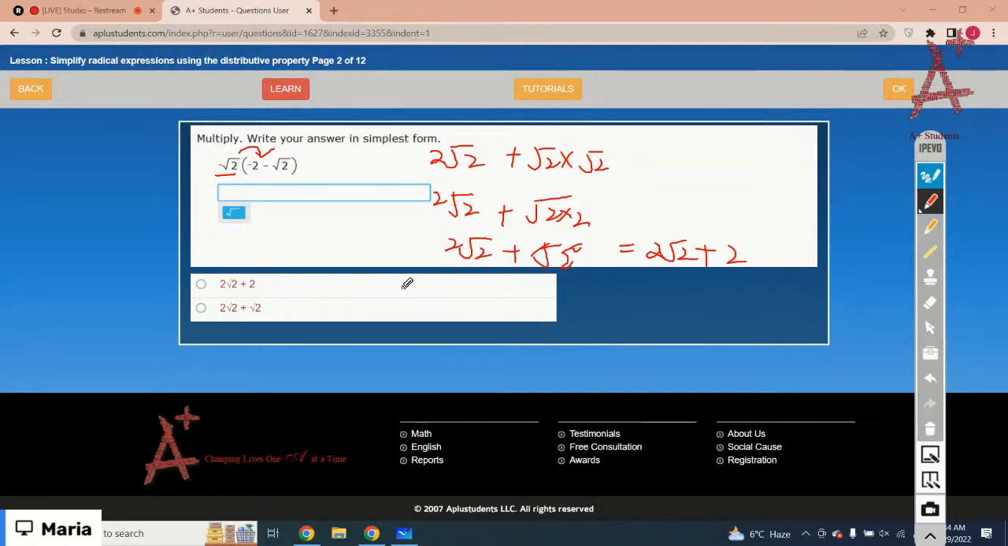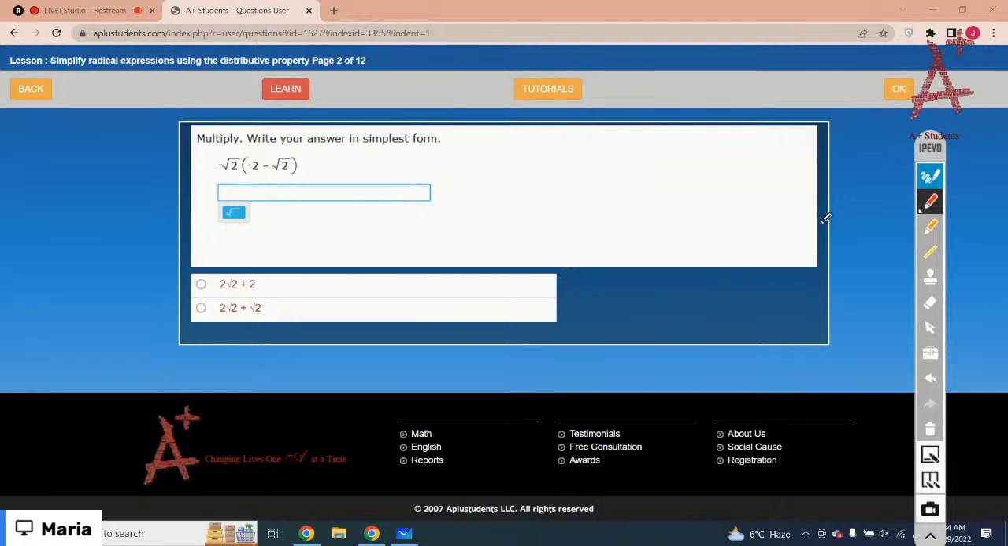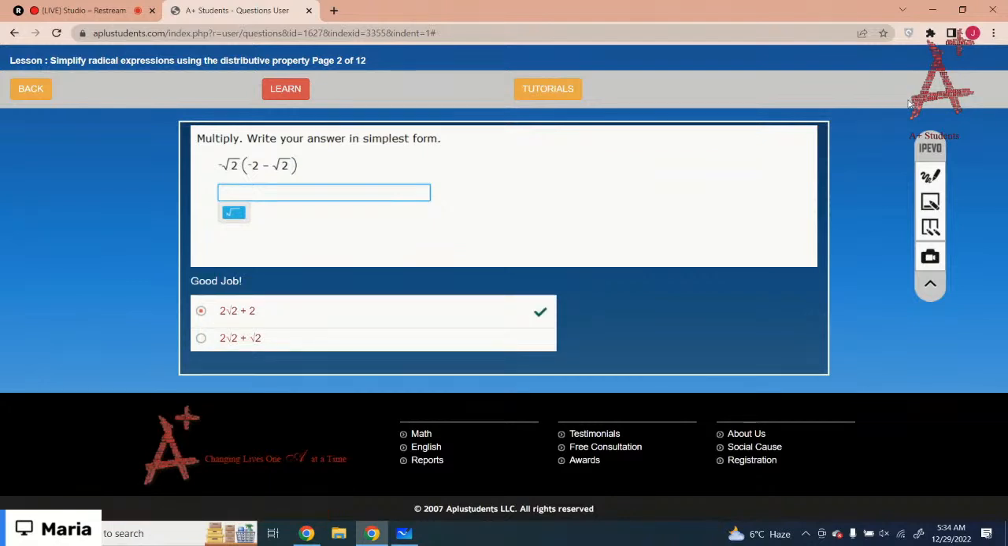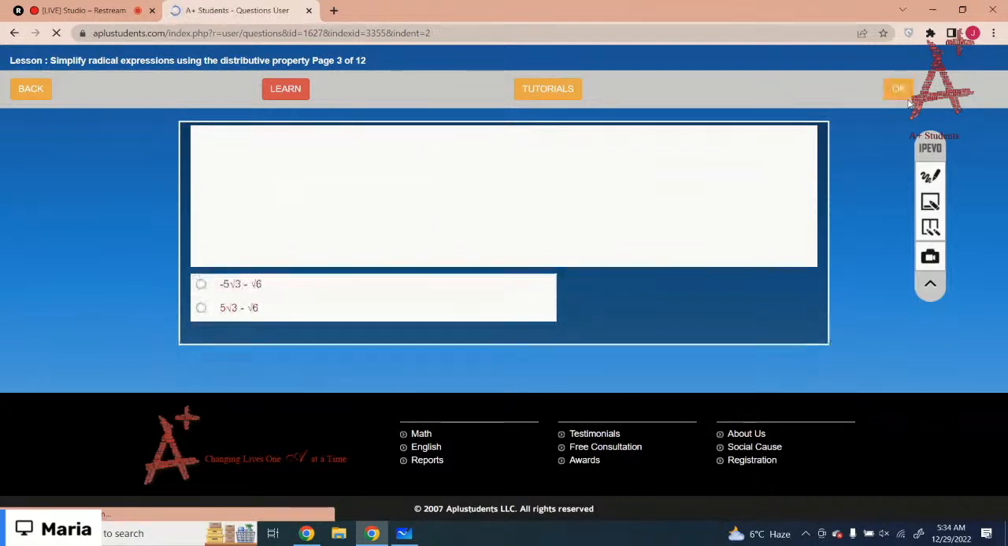It would be 2 square root 2 plus 2. The first option is the correct one. Just select the correct option and then click on the OK button. Okay, the next one is